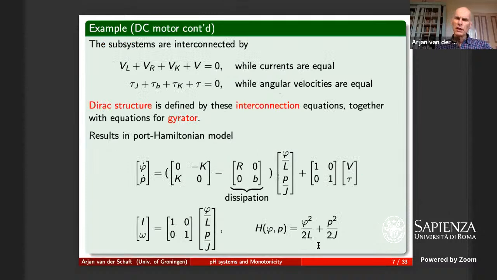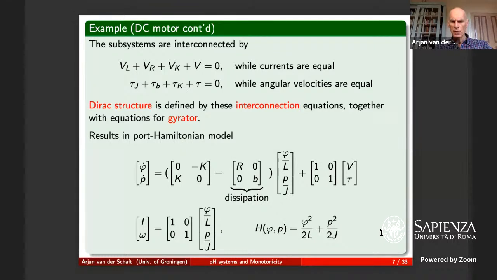And then the Dirac structure is, in this case, determined by the interconnection equations, which are given like this in the electrical domain and this in the mechanical domain, plus this gyrator, and then we